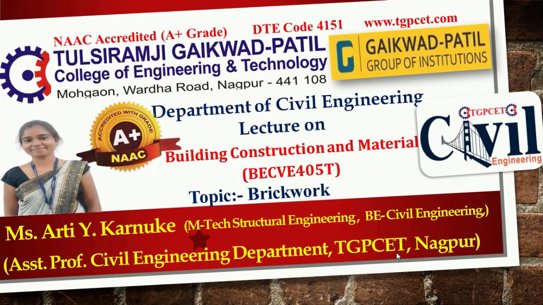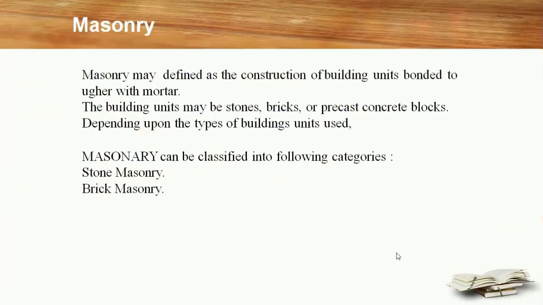So basically in this lecture we are going to discuss about the brickwork. So let's start. First is the masonry. Masonry refers to anything constructed by a mason using material such as stone, brick, tiles and so on. In civil engineering, this term is extended to mean building using various blocks like stone, brick, concrete blocks, reinforced brick, composite material, etc.